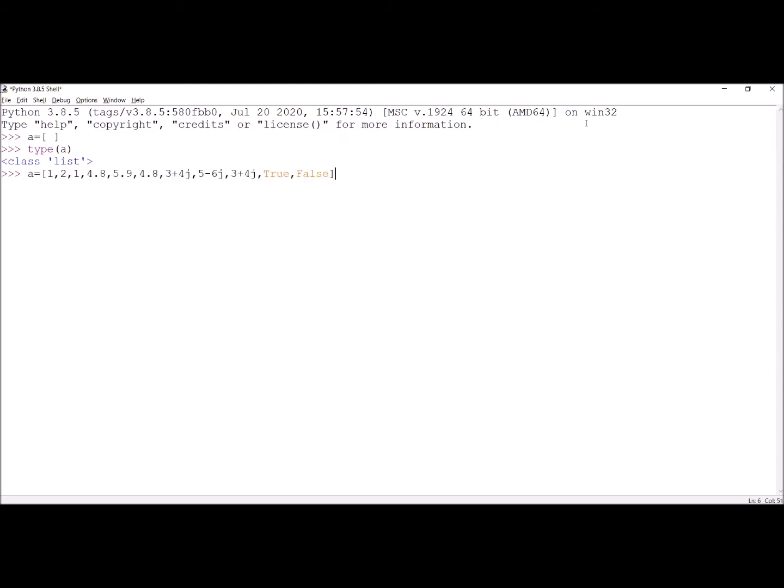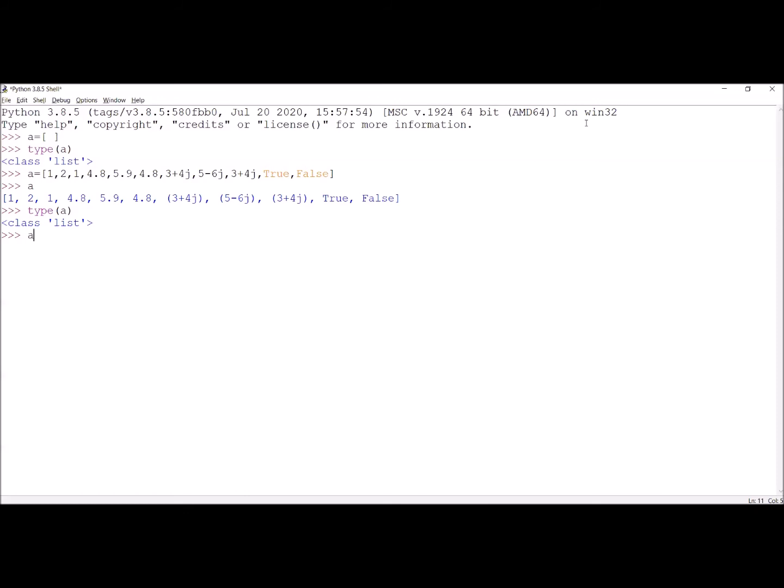So now a list is created. If we print A, all the elements will be printed in the same order, unlike the set. This is not possible in the set. And also the duplicate elements are not being removed, unlike the set. Now indexing is possible for this list. Now I am checking what is the data type of A. So the data type of A is class list, you can observe here.